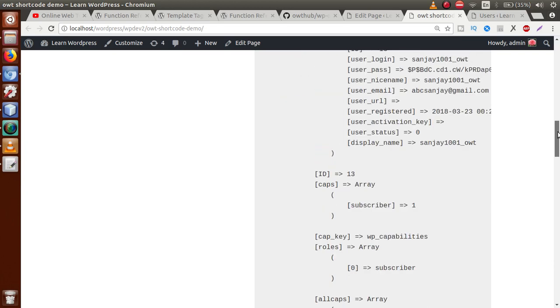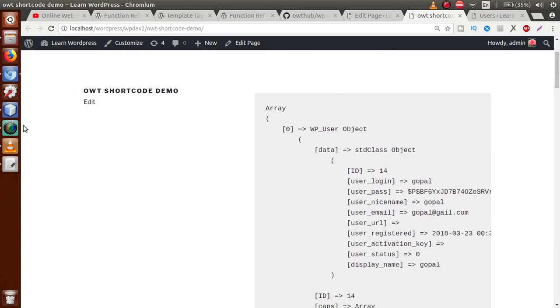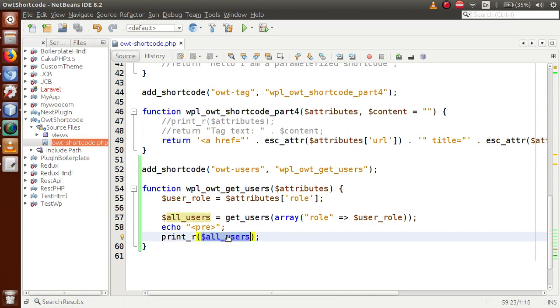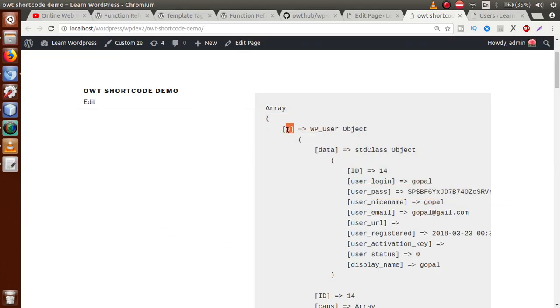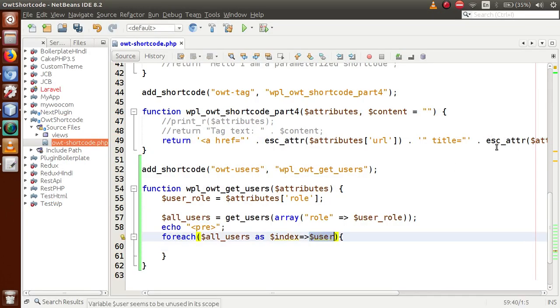So if we want to retrieve all the information from this array, just go back to the editor, and let's say foreach, all users as, let's say, index and user. Okay, so basically we are iterating over this index because 0 1 2 3, these are the indexes of the users that we got. Okay, now we have to go inside this data object, because this data object contains all the relevant information of that user. Okay, so just back to the editor, and let's say that user,